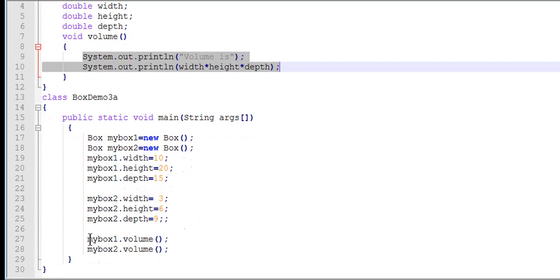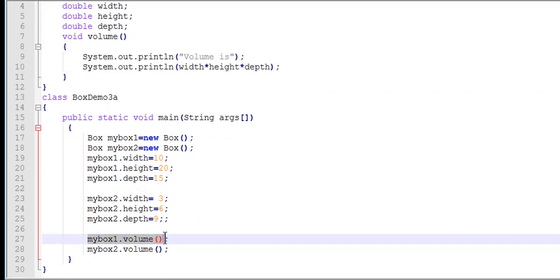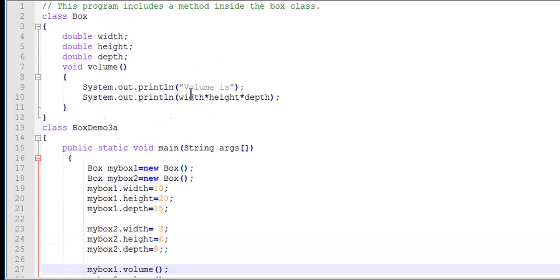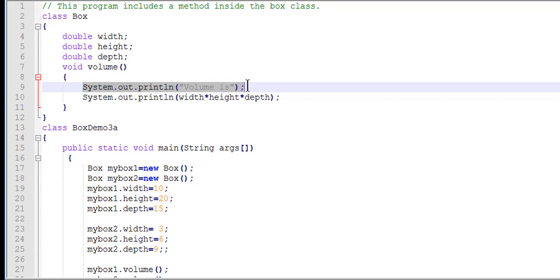Which one is the calling portion? myBox1 is the calling. These two places are the calling portion. So we are going to return the value from this volume method to the calling portion. So how we can modify is, instead of having these lines, we can delete this line.